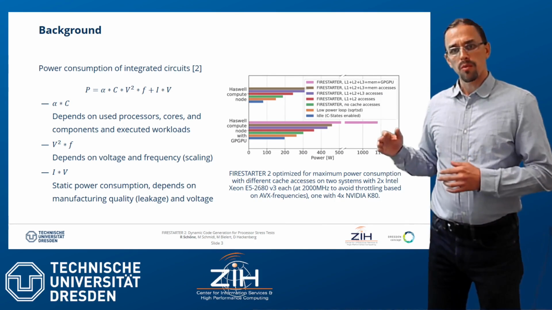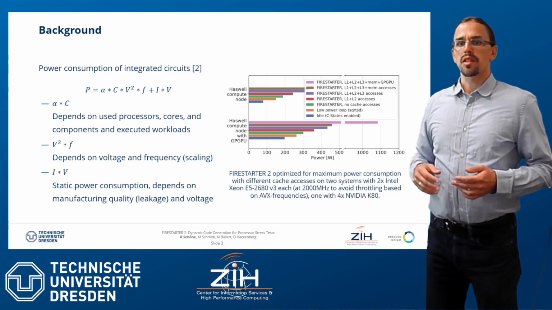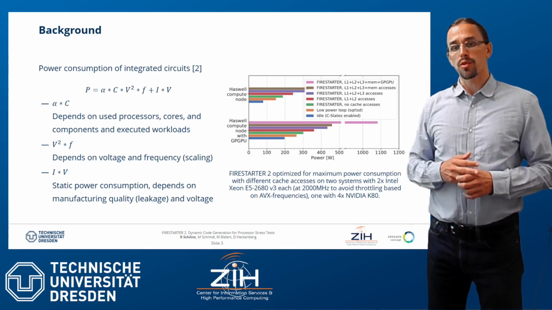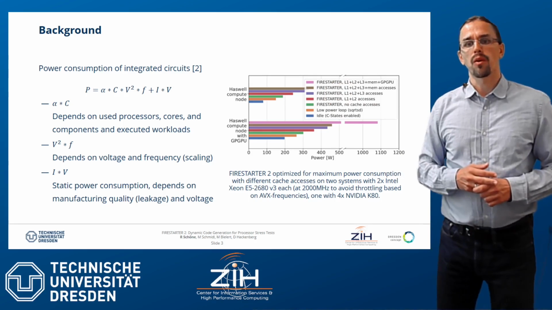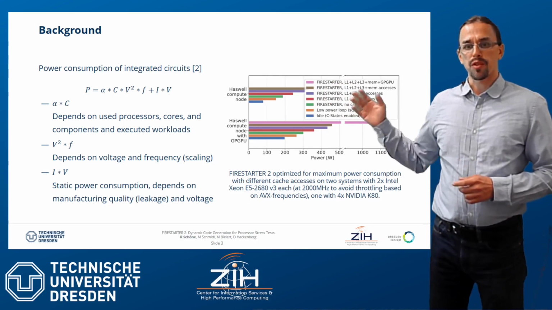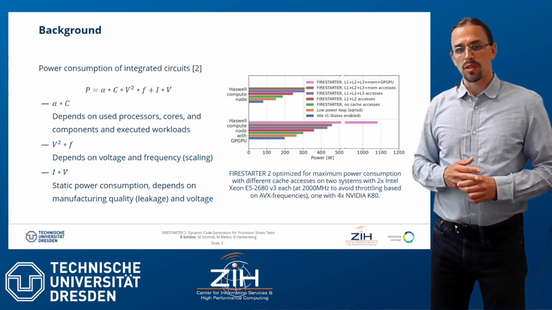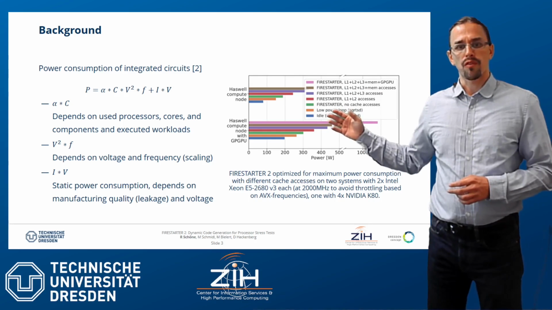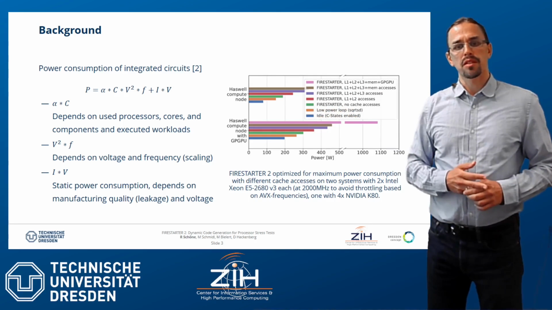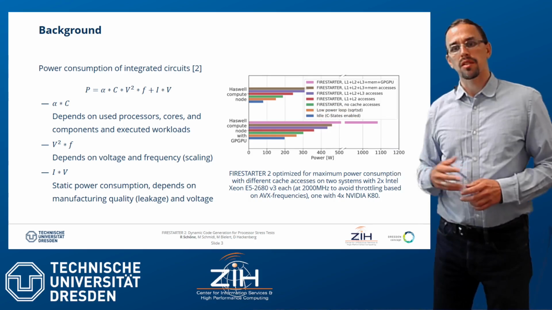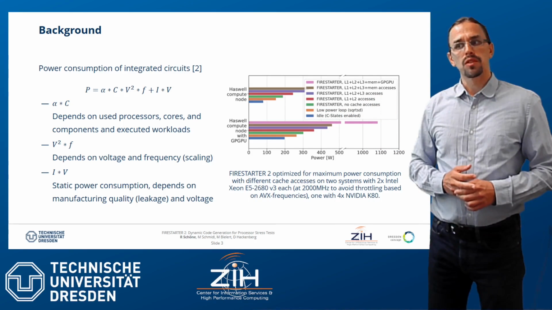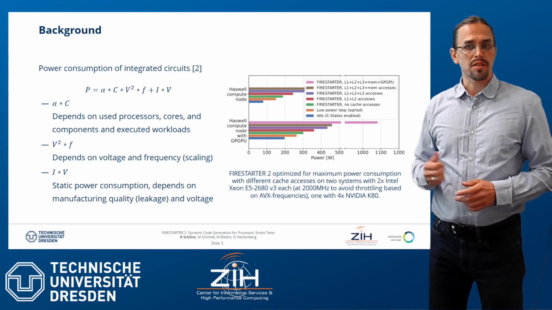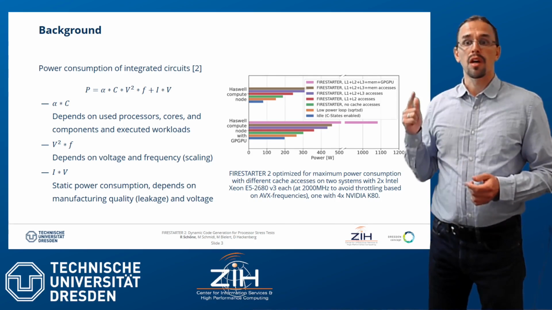What belongs to the power consumption? So what are the parts that influence the power consumption of processor integrated circuits? So that's a formula you probably already know. The first part here is the dynamic power consumption, which consists of that alpha and that capacity, so the activation factor and capacity of the processor. And this is influenced by the workload that is executed, so how many cores are you using,